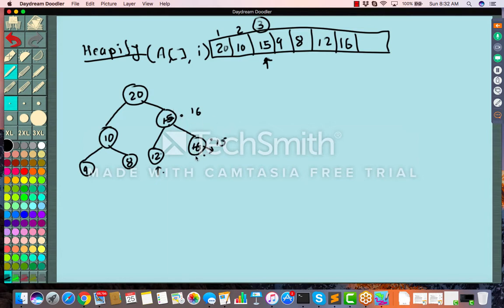And for example, if I have more levels that go down, then I'll call the heapify function on this node again after moving this 15 here, and just